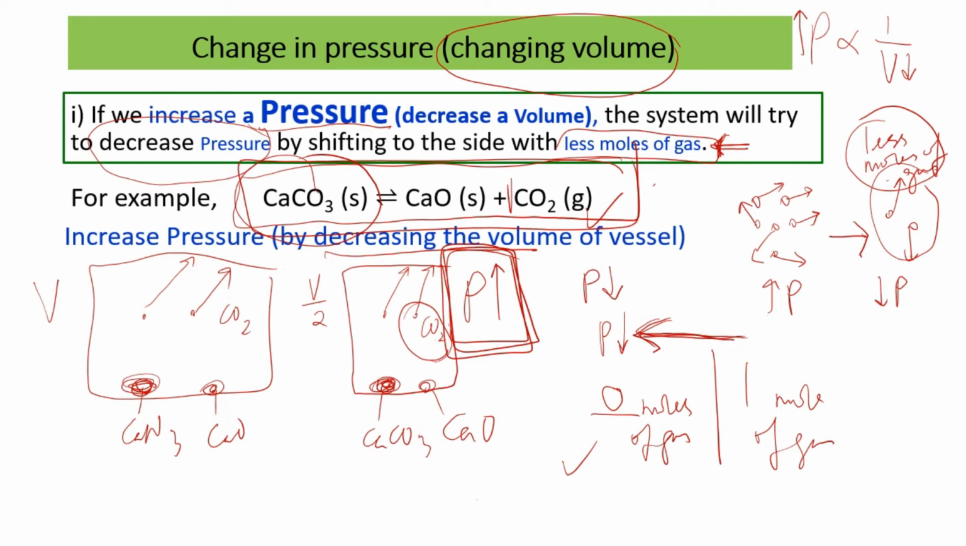So for this system, they will shift to the left hand side, and they will produce more calcium carbonate, and we will produce less calcium oxide and less carbon dioxide, because these two have been used to produce more calcium carbonate, and it will bring down the pressure. Okay,